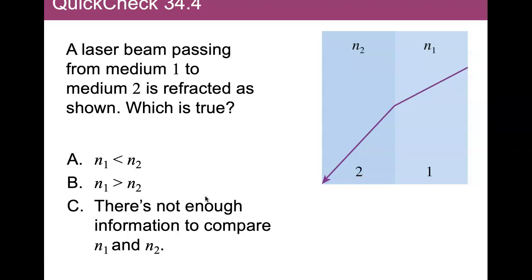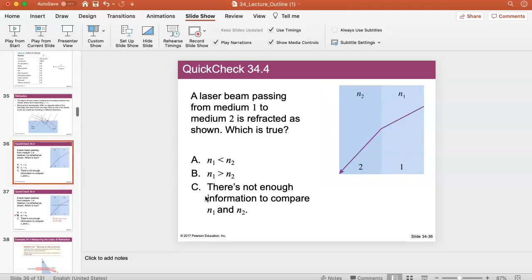All right, so you have a ray of light passing from medium 1 to medium 2, and it's refracted like that. So what can we say about N1 and N2? Well, it's moving away from the normal, so the angle with the normal increases